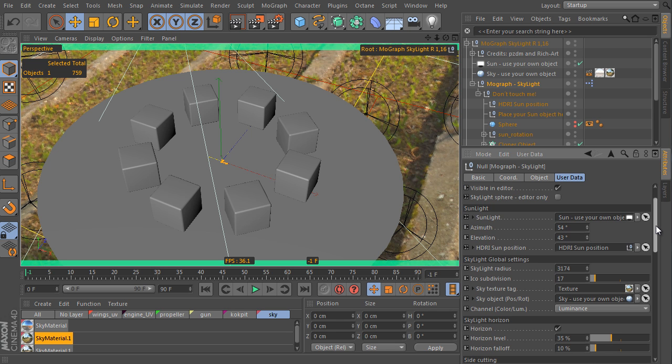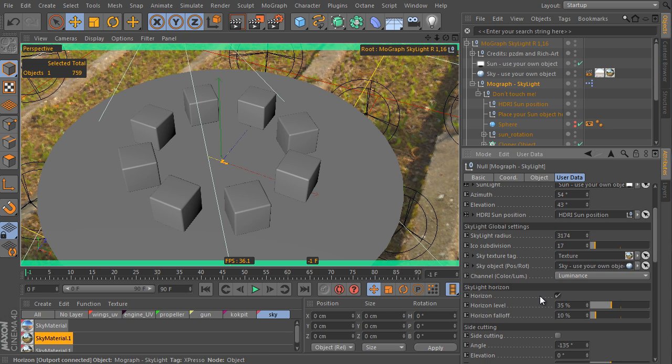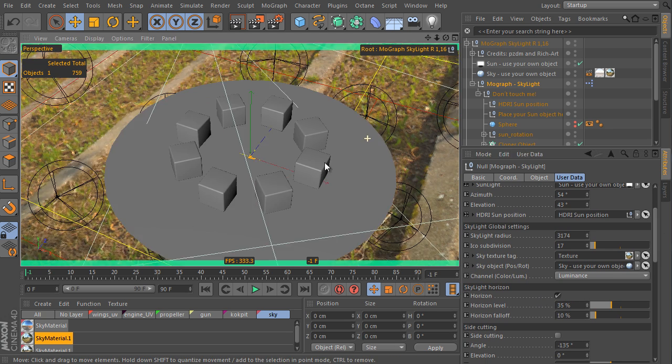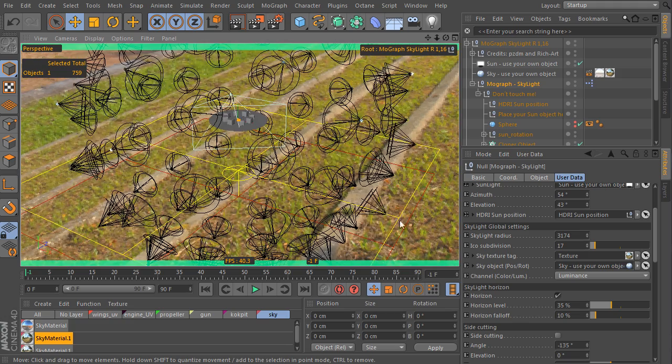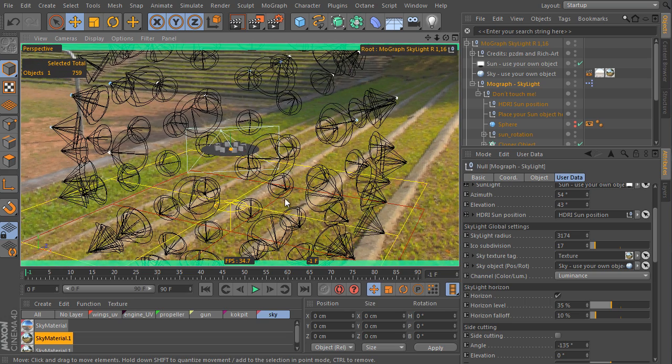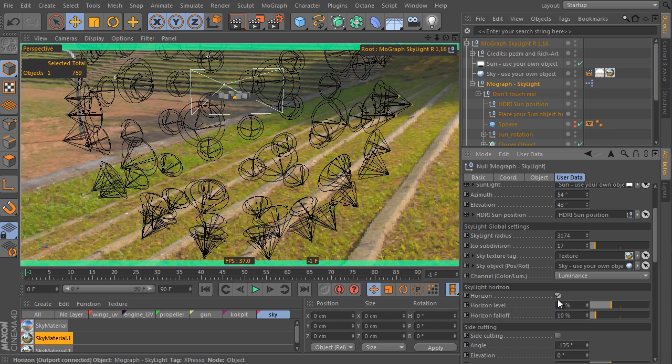The horizon plane is another nice settings we have. It's really a very powerful feature that turns off all light samples that are under the effector plane. We can imagine that we don't need illumination from the bottom of the sky, so we can simply turn off these samples by the horizon settings. The horizon switcher activates the effect. It simply turns off the used effector that's placed here. It's here. We can adjust the vertical